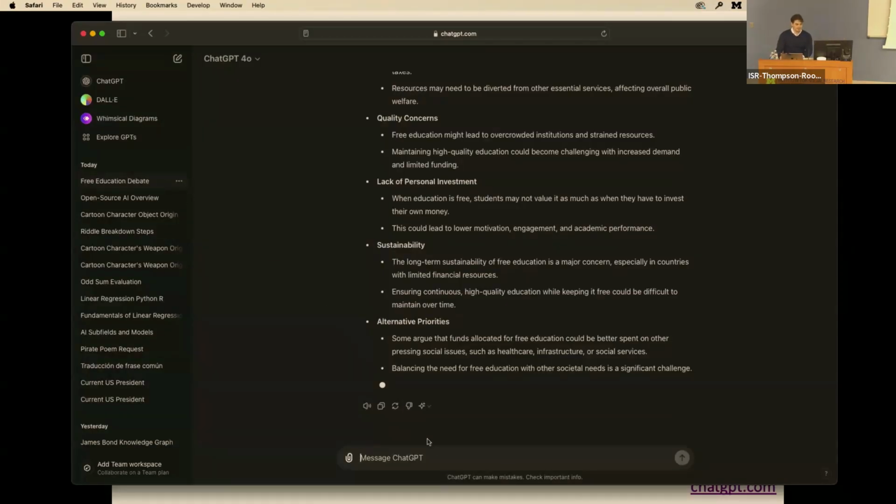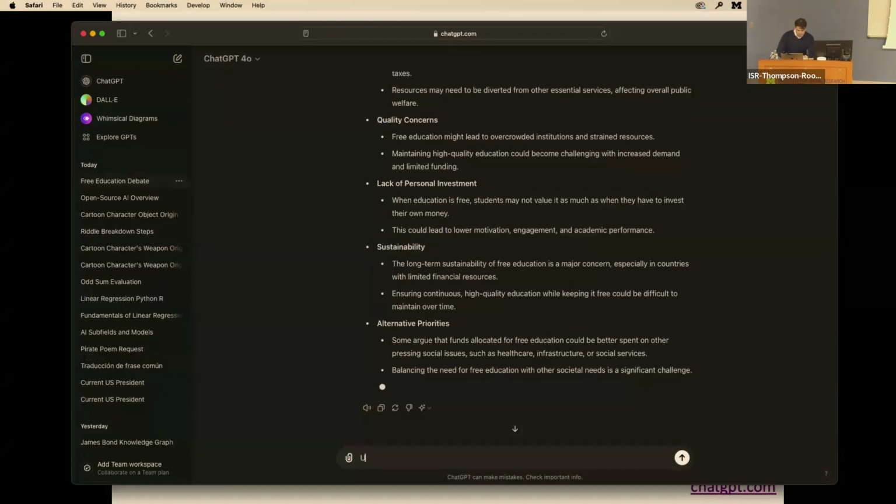I could shift it back, and I could say something like, use the opposing side's arguments, write a counterargument to dismantle their beliefs.